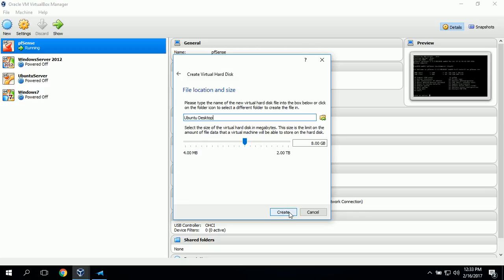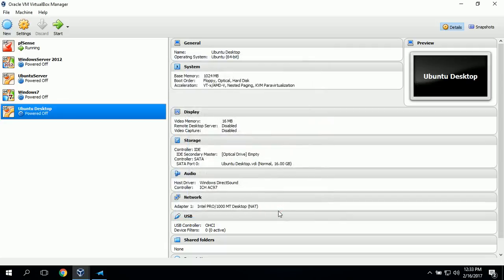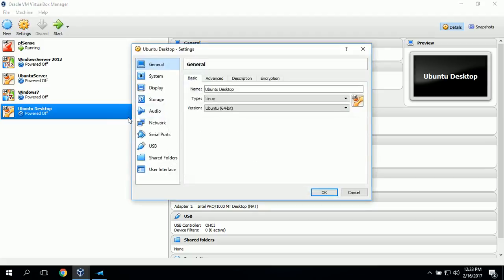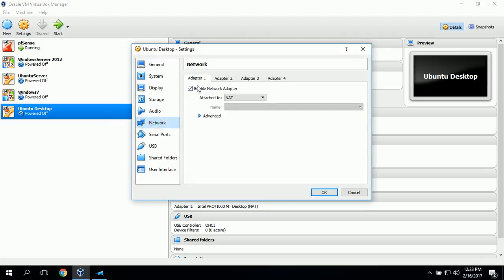Now it wants to verify file location and size. For the size, we can actually increase this to 18 gigabytes since we have a dynamically allocated disk, and just click Create. Okay, now we need to adjust the settings, so we make sure Ubuntu Desktop is selected and click on Settings, and we can go to Network, make sure Adapter 1 is enabled, and select Internal Network, and then select pfSense as our LAN,